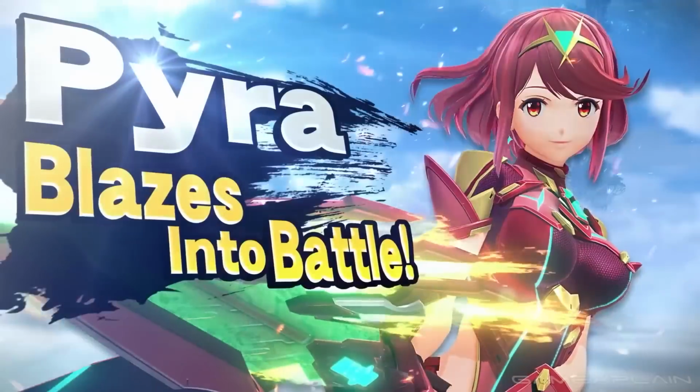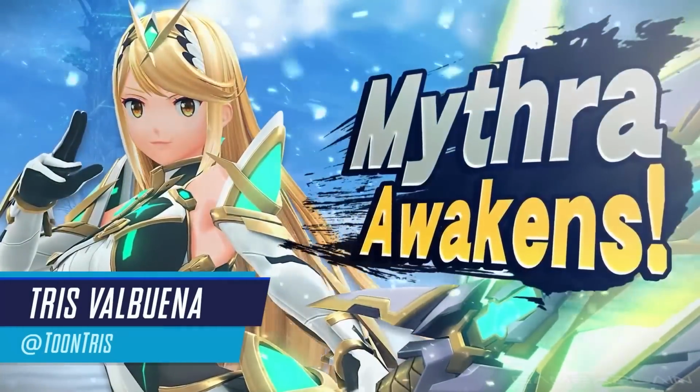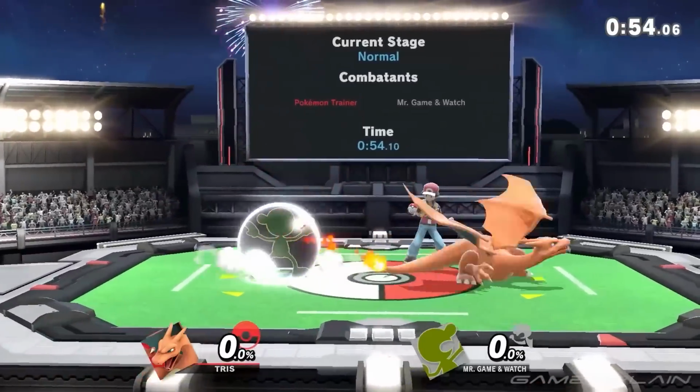So Pyra and Mythra from Xenoblade Chronicles 2 are coming to Super Smash Bros. Ultimate as Challenger Pack number 9. The two can swap in battle, much like Squirtle, Ivysaur, and Charizard with Pokemon Trainer, or Zelda and Sheik of